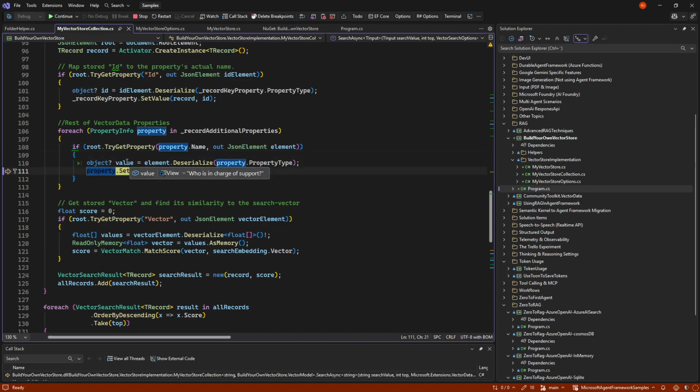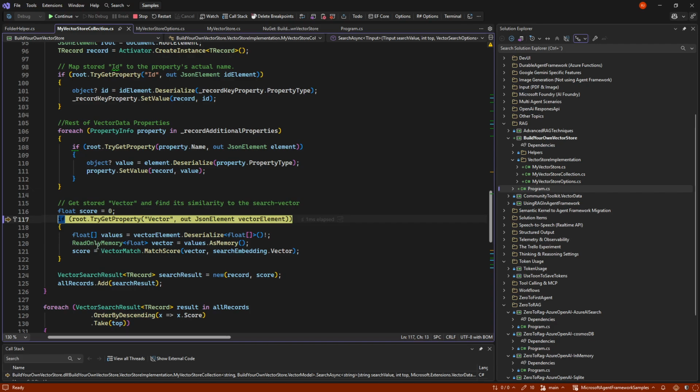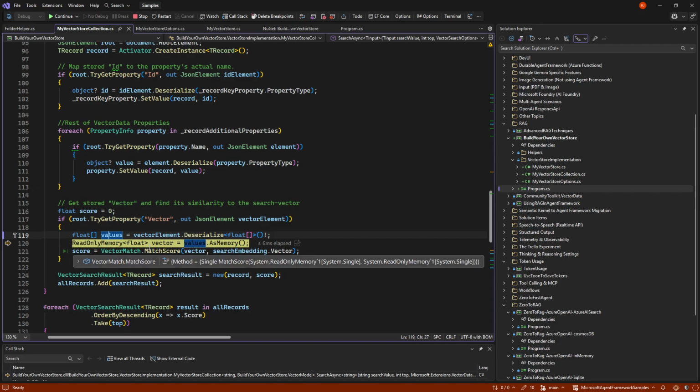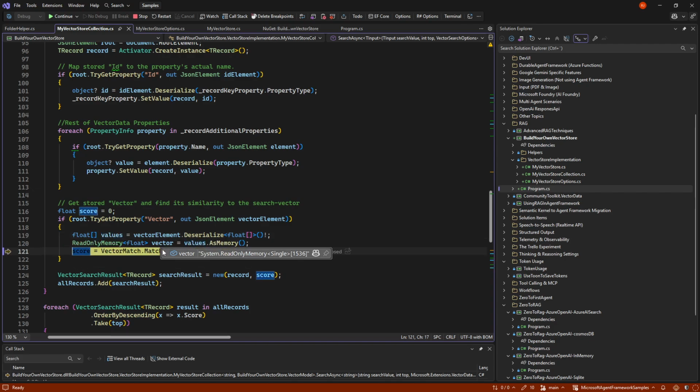So we get our question and we get our answer. So now we have that one property, but we had also the vector. So we can grab the vector element, and that's just the floating values of a lot of things here. We need to have that as a read-only float because that's how vectors normally are represented here. Looks the same as the float here.